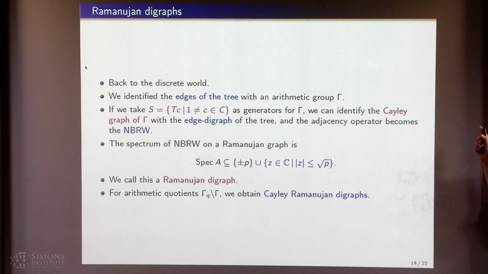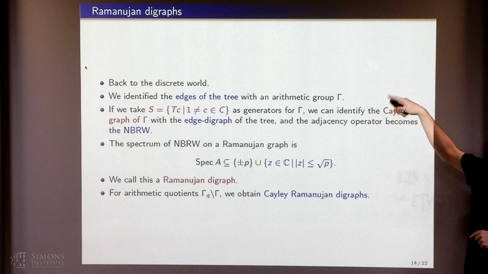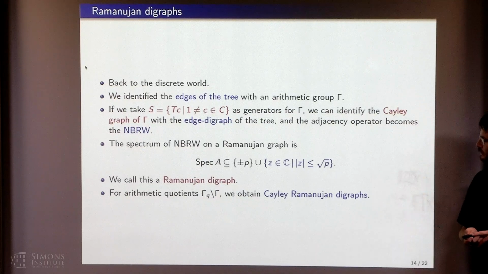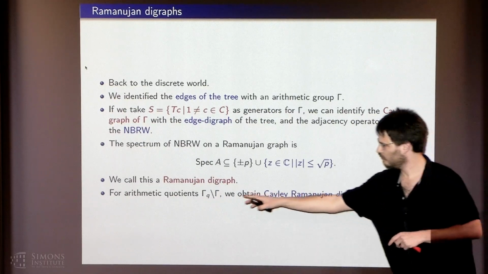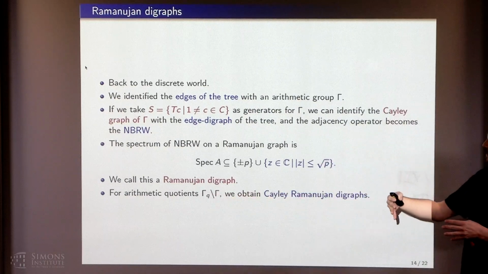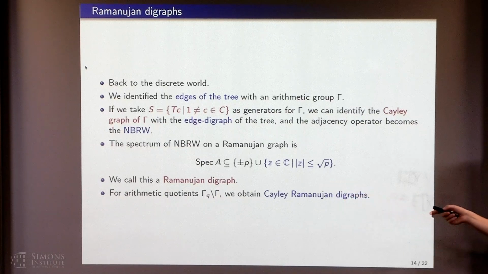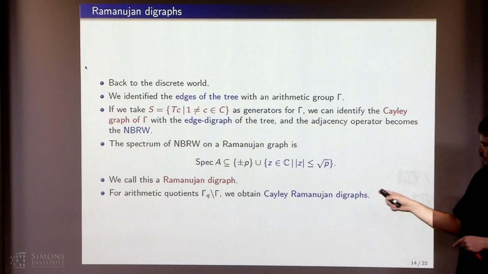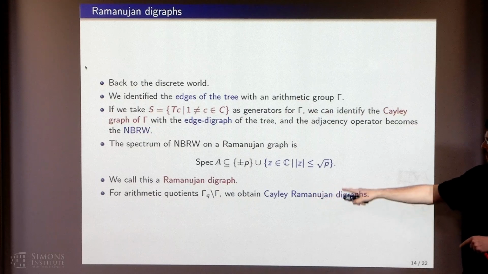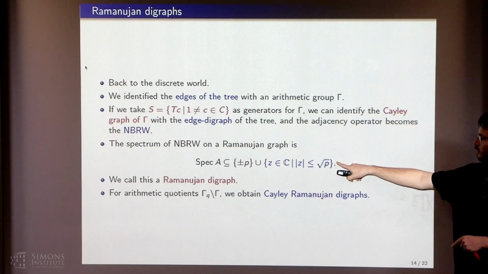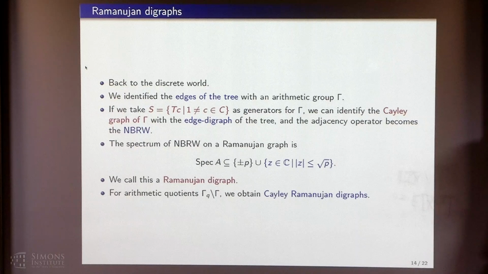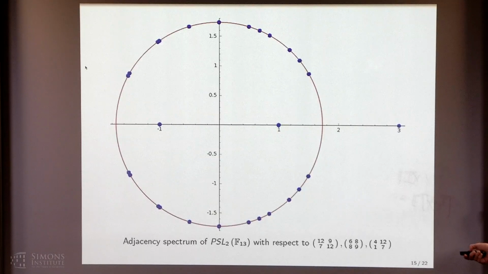And what we get from this work is that we can take our lattices, our groups of golden gates, take these gamma q, which are the subgroup coming from arithmetics, divide the Cayley graphs, and we get Cayley Ramanujan digraphs. So digraphs which are Cayley, so coming from a group, and they have this property of the spectrum, what we call Ramanujan digraph. And for me, this was very nice just because it allowed me to test everything that we do. So now I can actually take a group, compute the generators that we get for the group. So this is